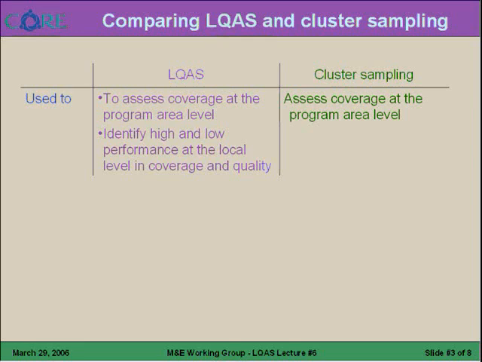So that within the program area we can identify areas needing attention and those that do not need as much attention, so that we can treat areas with unequal performance unequally. We don't want to provide the same amount of management attention and resources to areas that are performing well as to areas that are not performing as well. 30 cluster sampling does not provide this additional use of being able to assess performance within the